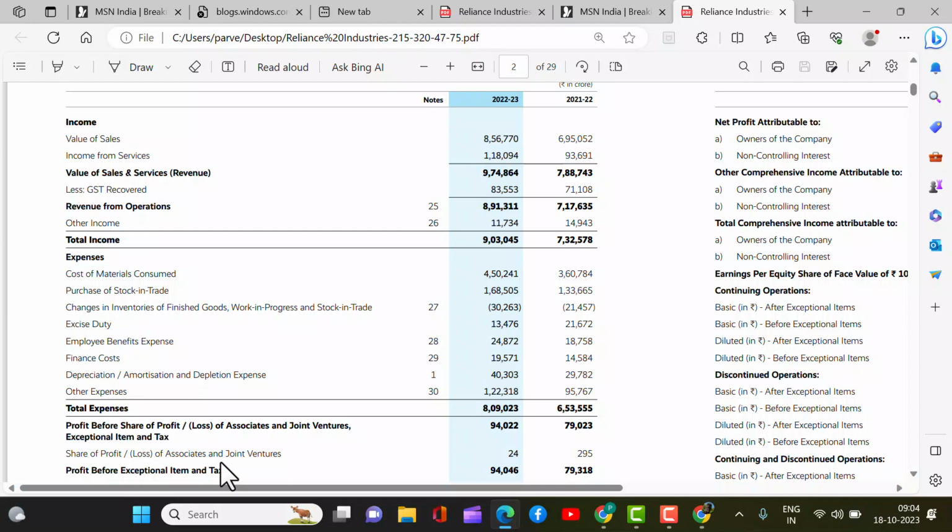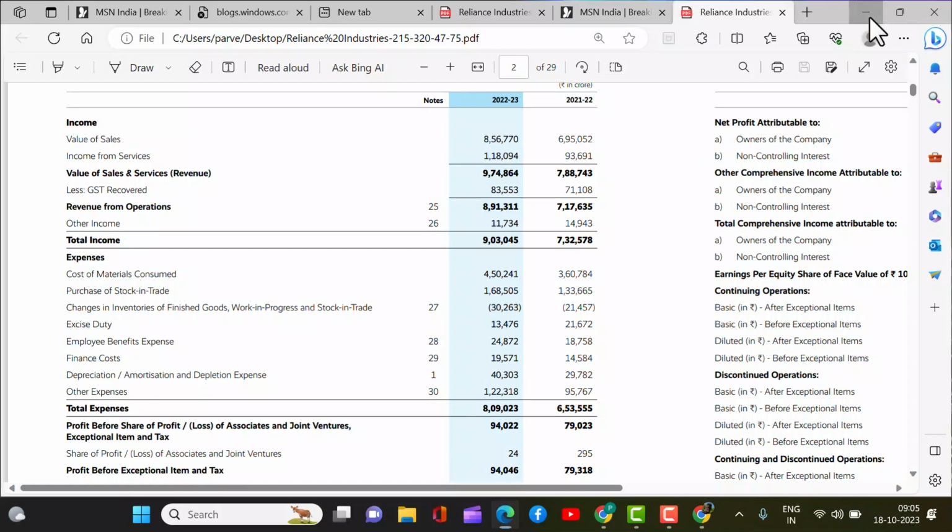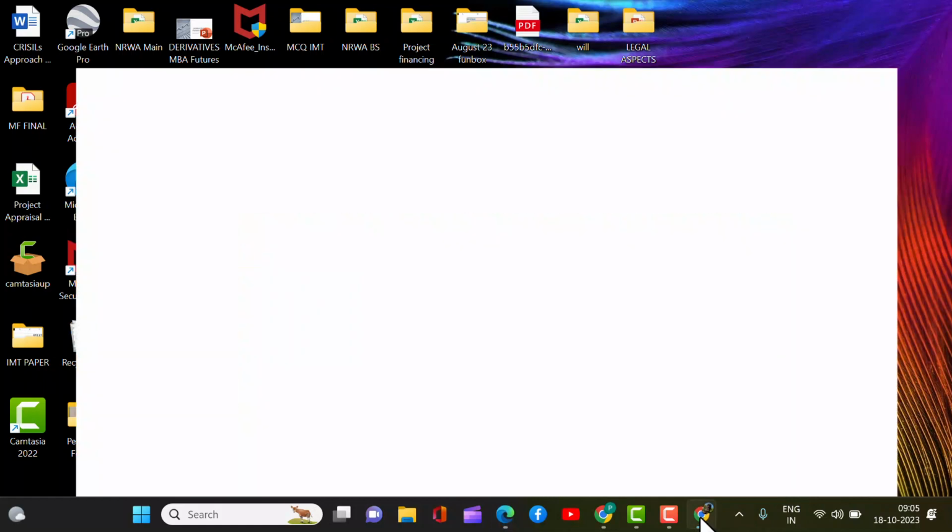Okay. Now, maybe this number was audited, so maybe they had to make some changes at the time of publishing the annual report, and the screener published the unaudited accounts or the first kind of report which was published in the newspaper. So there can be some differences between the number reported by screener and the annual report, or there can be some other reasons also. So we can look for that. So coming back to